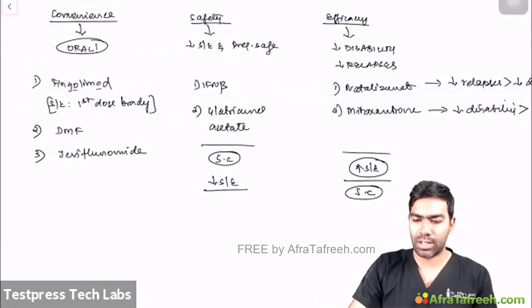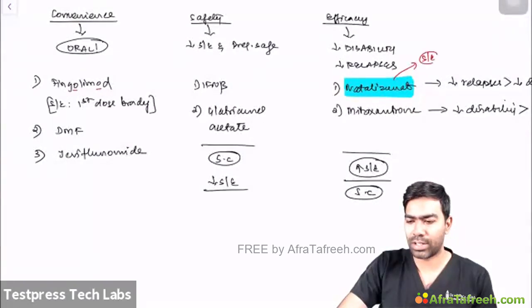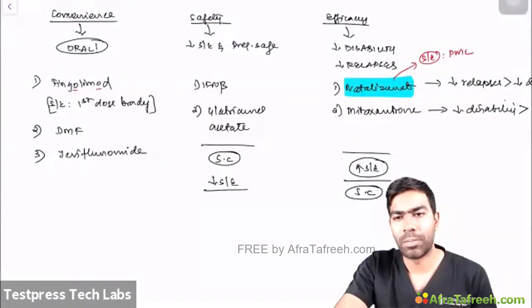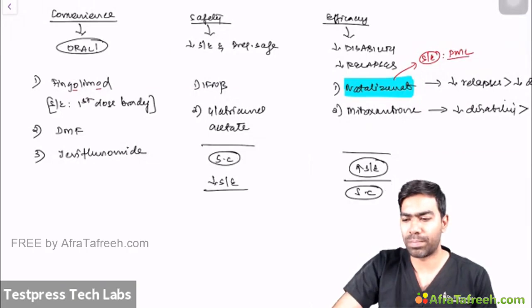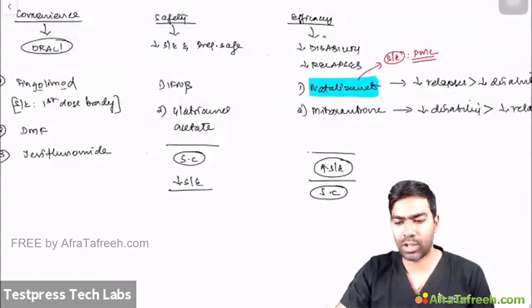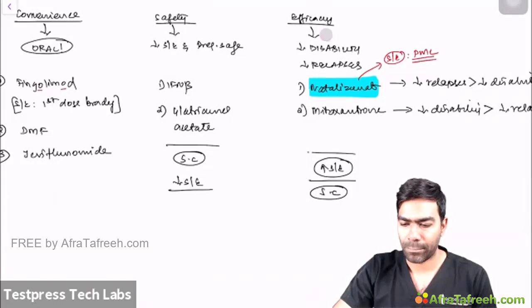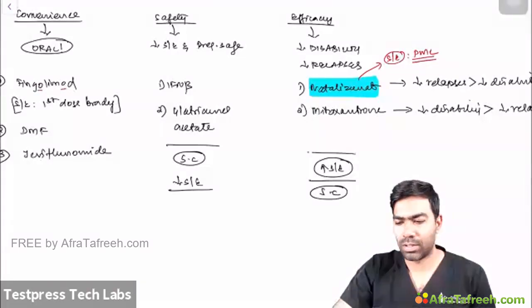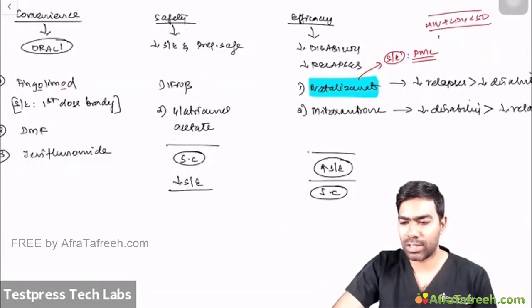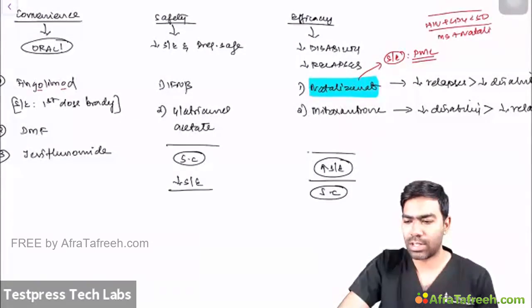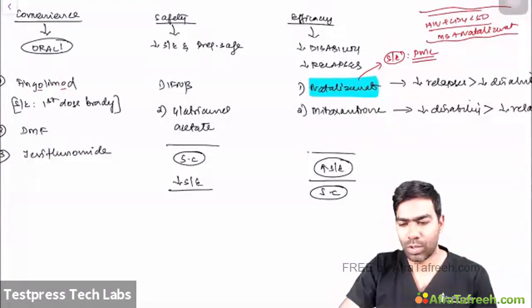But one important side effect that they'll be asking about natalizumab is PML, that is progressive multifocal leukoencephalopathy, which is a very, very important side effect. Whenever you see PML in an exam, there are 2 things that can cause it. One is HIV in terminal stage, with CD4 less than 50. If they give HIV with CD4 less than 50, you can think about PML. Or second is an MS patient on natalizumab. These are the 2 areas where you really think about progressive multifocal leukoencephalopathy, which is caused typically by